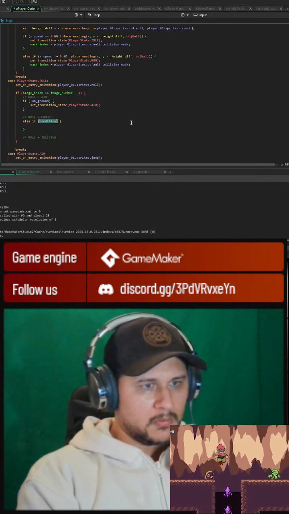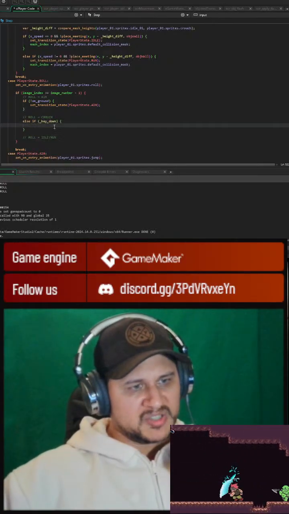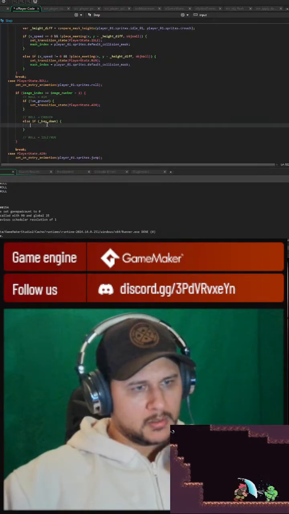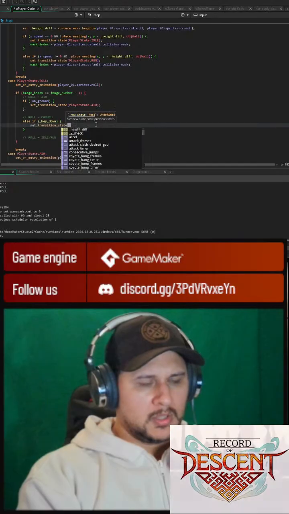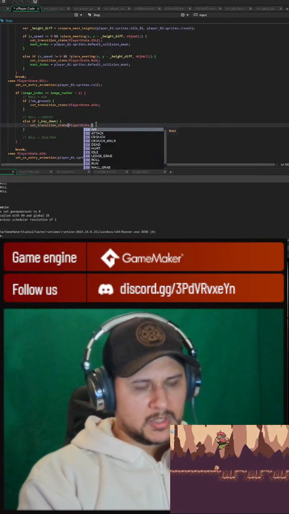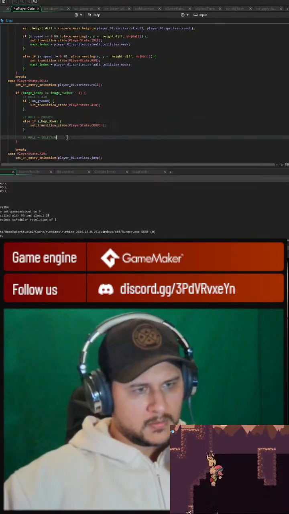So if key down. Okay. So if you're pressing the down button, then you're going to get set transition to player state dot crouch. And then